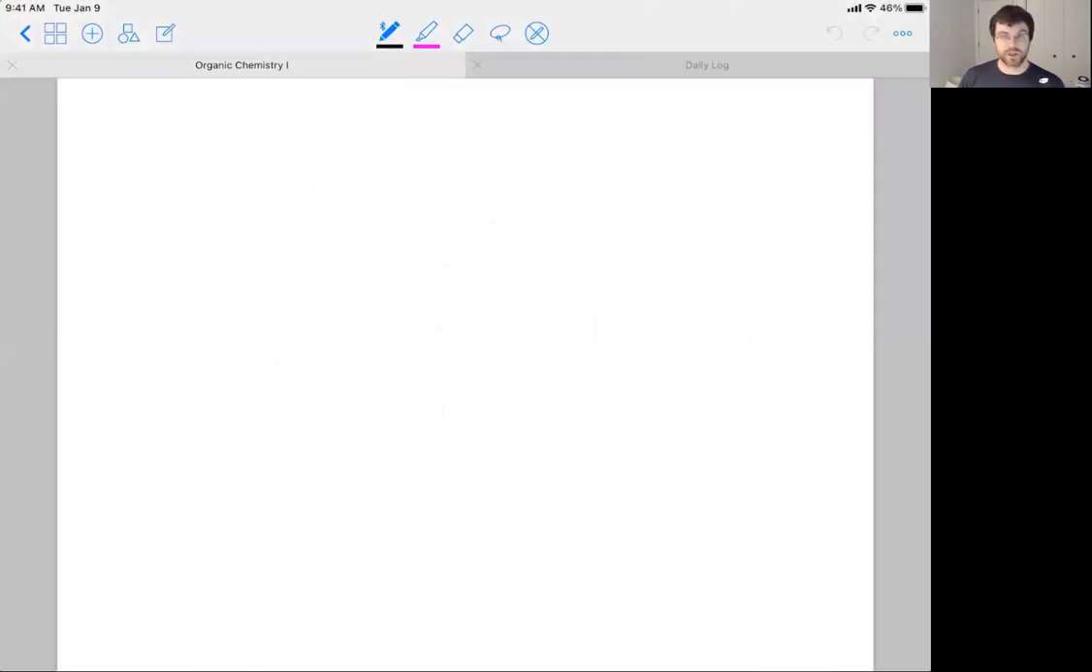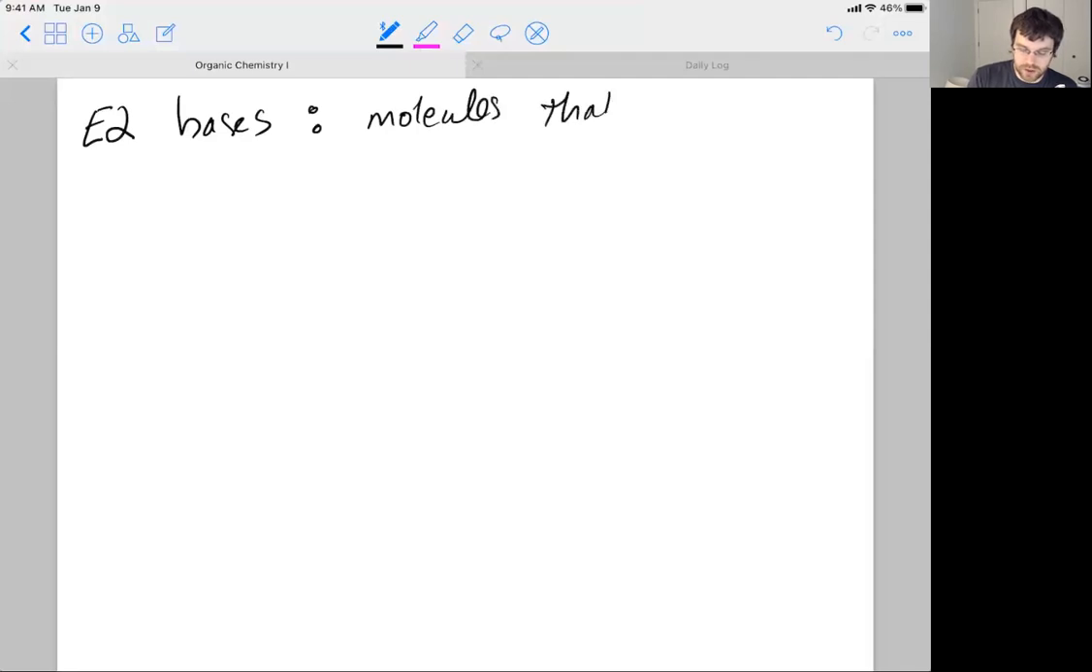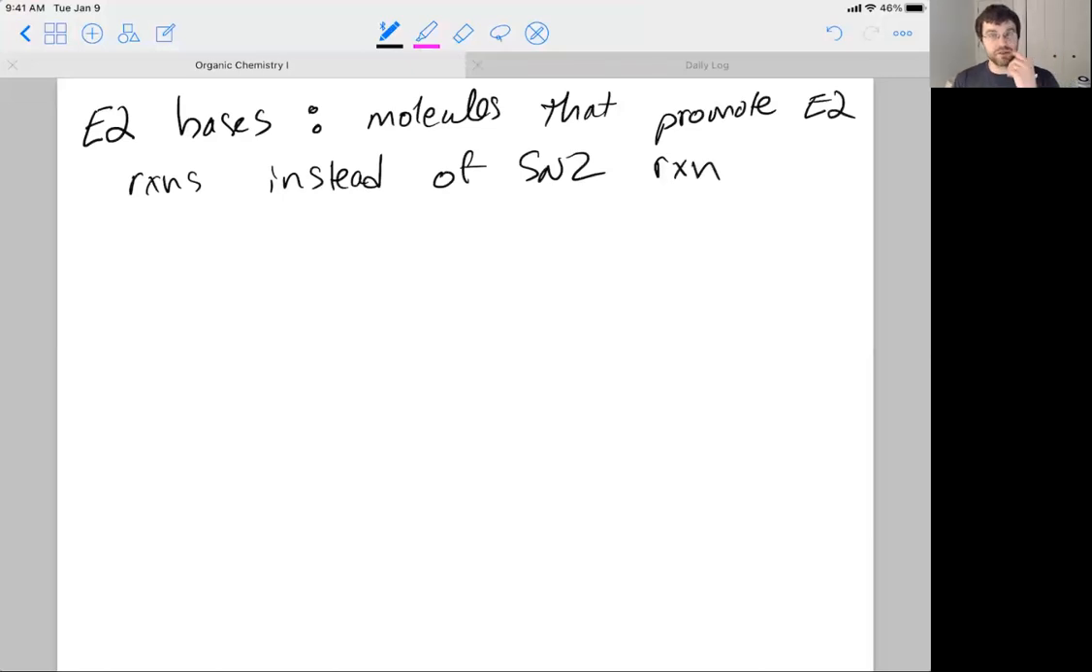Before I do, I want to introduce the players, or the typical candidates. And the ones we want to focus on are the E2 bases. So the E2 bases are kind of things, molecules, I guess. And they're really salts, but molecules that promote E2 reactions instead of SN2 reactions. So what I'm getting at here is that in the SN2 reaction, we take something with